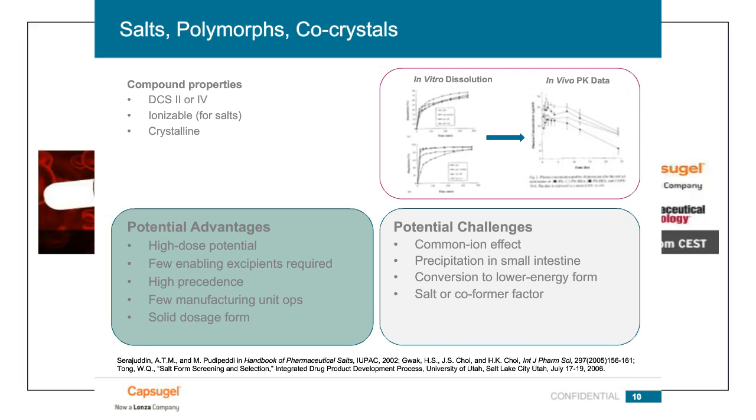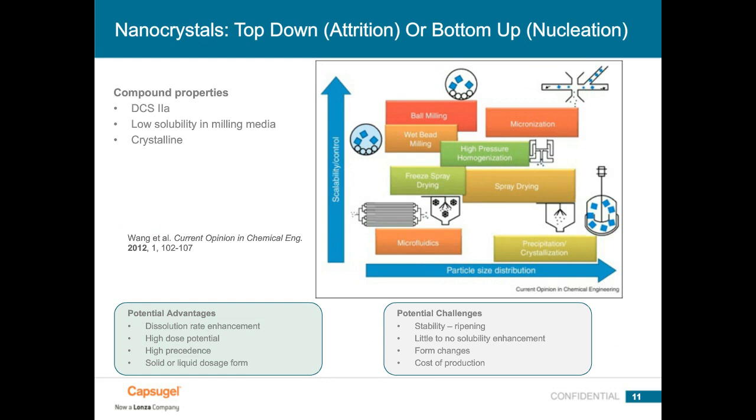Moving on now to another one, particle size reduction, typically of the most stable crystalline form, though this can be done with higher energy crystal forms as well. This is particularly applicable to DCS class 2A, which is dissolution rate limited. Though if it's combined with another crystal form, obviously that could apply to the full range of class 2 compounds. There are a lot of approaches to size reduction, as shown in the upper right-hand corner, things from ball milling to microfluidics and precipitation approaches.